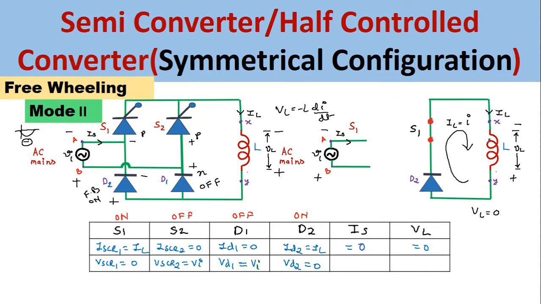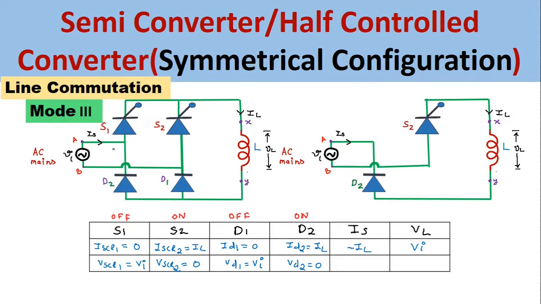So we can see that freewheeling takes place due to stored energy in the inductive load, and during the freewheeling process, this stored energy is dissipated in the devices S1 and D2. And in this condition, the source current Is becomes 0 because the input AC supply will be disconnected from this circuit. So the AC supply current becomes 0. This mode of operation continues up to omega t equal to pi plus alpha, until the stored energy in the inductor gets dissipated through this SCR1 and diode D2.